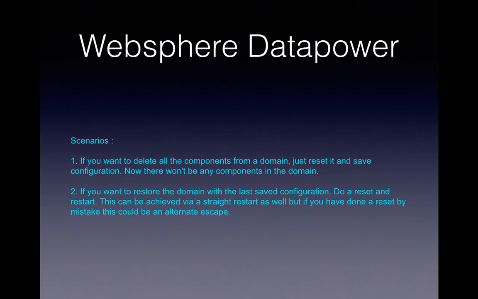But suppose by mistake, instead of restart, I have clicked the reset domain button. When you reset it and again see the domain, you can't see any of the configuration in that domain, but we haven't saved the config for that particular domain, so the components are still available there. Only if you save the config will we lose all the components in that particular domain. So if you try a restart after that, you could see that whatever components were available in the last save config will be available in the domain again.